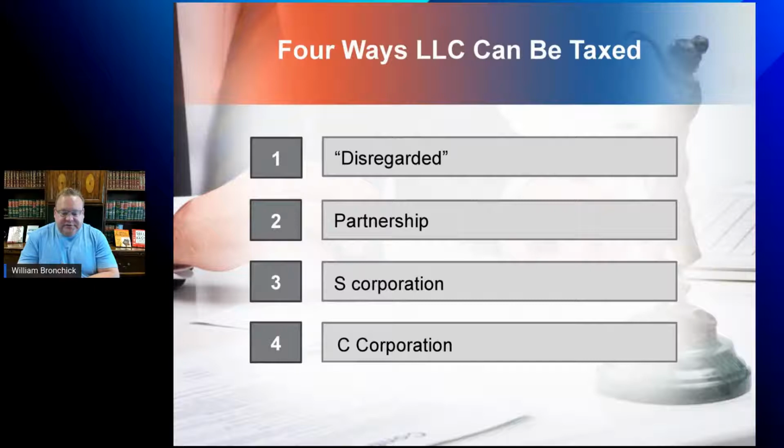Now, what's the next choice? Partnership. If you have two or more members, you are by default a partnership. Okay. Now, the IRS has what's called default classifications, which we'll talk about. And you can overcome those defaults by filing IRS forms. Okay. A partnership LLC would file a 1065, a partnership filing, just as if it were a general partnership without the LLC or a limited partnership. It's all the same, and everybody gets a K1 for their net loss or profit.